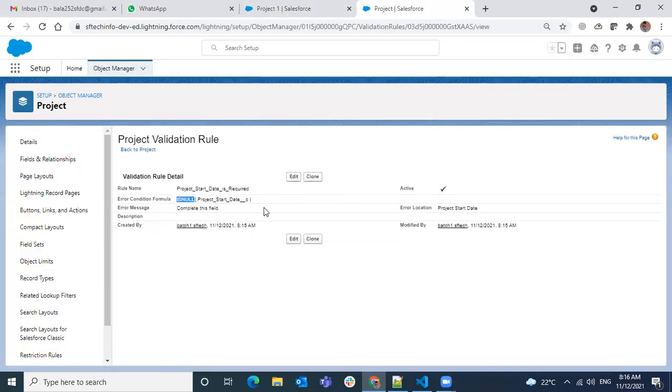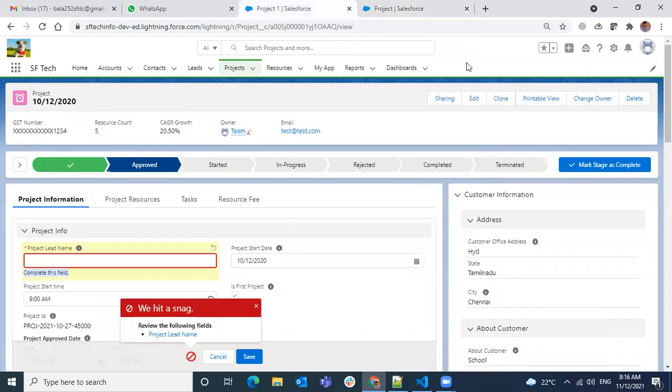Why? Because blank will not be allowed on a date format. It's not even possible to save in your field. Even if you write it here, it's not going to work. Or maybe Salesforce treats it as blank or null also, that's possible. But we have to think about what is more meaningful. Okay, let's see here.